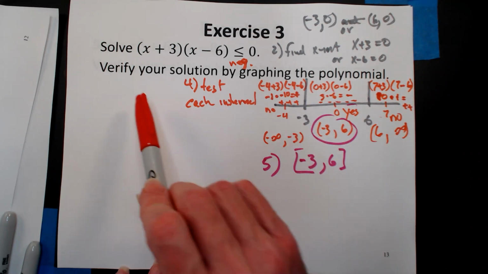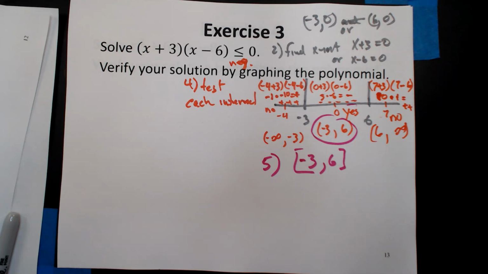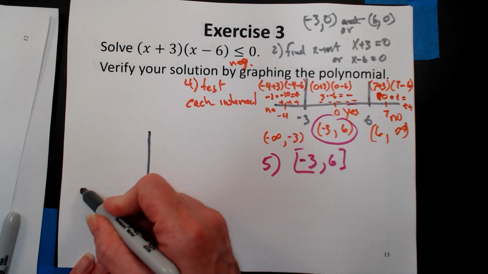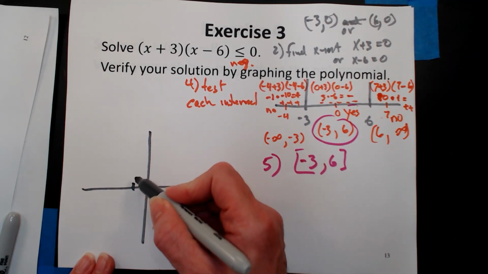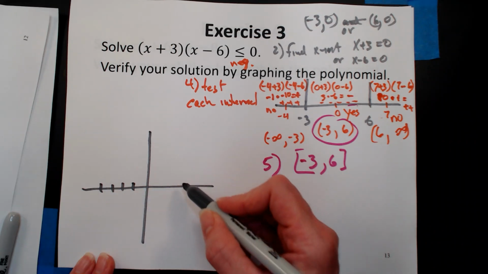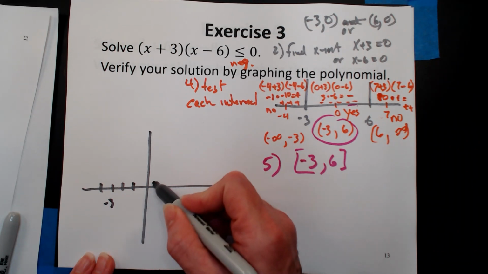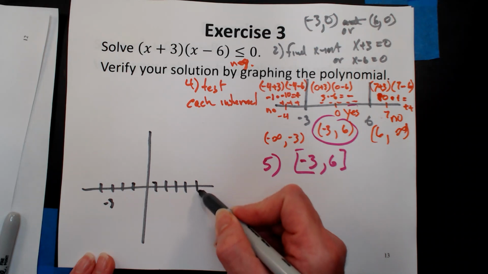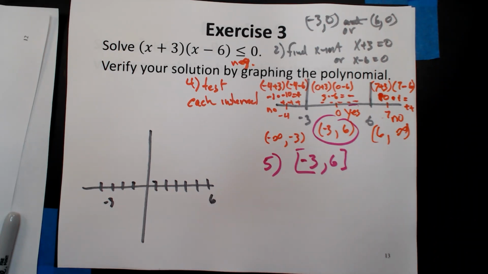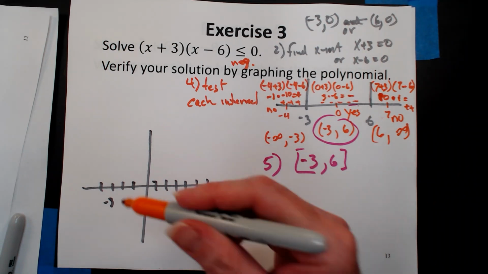And then it says it wants to verify our solution by graphing the polynomial. So we're actually going to graph this polynomial here. I'm going to mark off negative 3 right here, and 6. And so if we graph this,